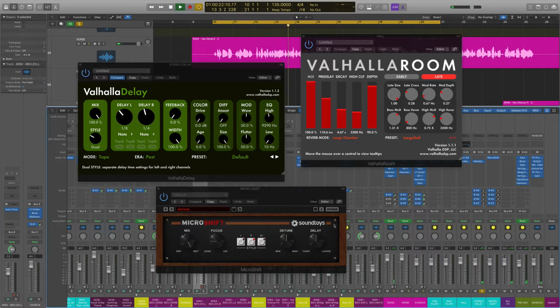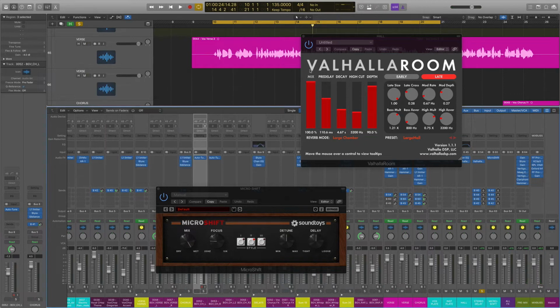So this is a tape delay, right, with an 8th note left, quarter note right, gives it that kind of bounce around effect. It's not a ping pong, but it has that same kind of vibe. Rolling off the high end here. This is the EQ. If I'd left that over here, a little bright. Okay, and that was the delay. And then the reverb was probably the biggest one here. If I turn that on,